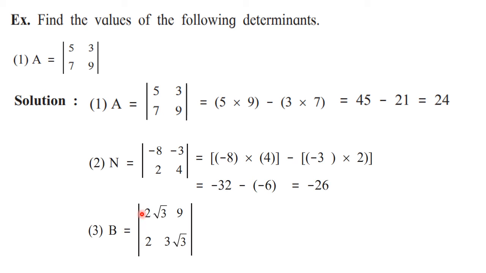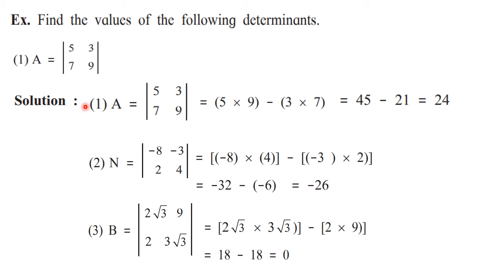One more is there where roots are there. So all these are textual questions, but as I have said, they are equally important. So here also we have to go for cross multiplication. See, 2 root 3 into 3 root 3 in one bracket minus 9 into 2 you write, or 2 into 9 you write, because multiplication is orderless. So you can write in any sequence here. Now see here, 2 into 3 is 6 and root 3 into root 3 is 3. So 6 3s are 18 is the product of these two numbers. And here 2 9s are also 18. So answer of the determinant is 0.